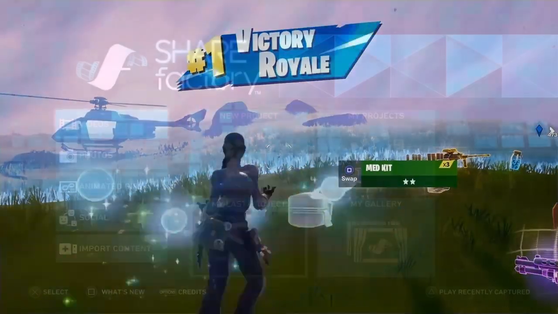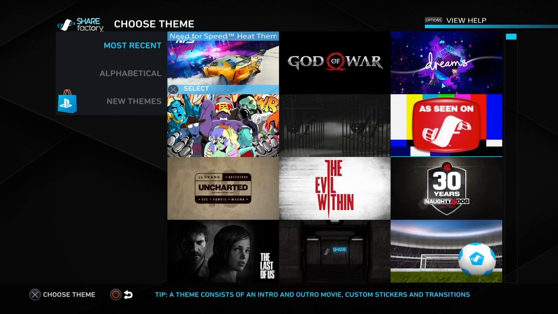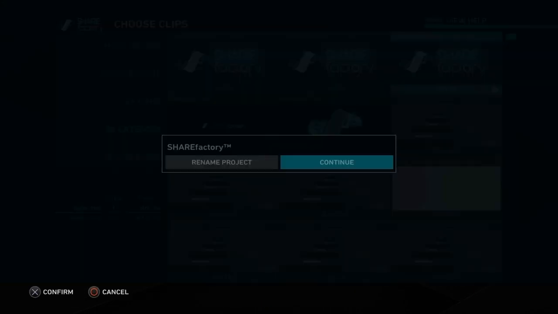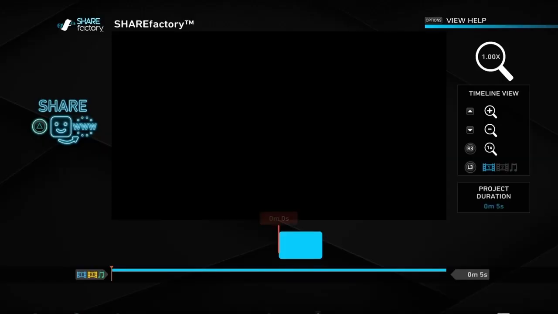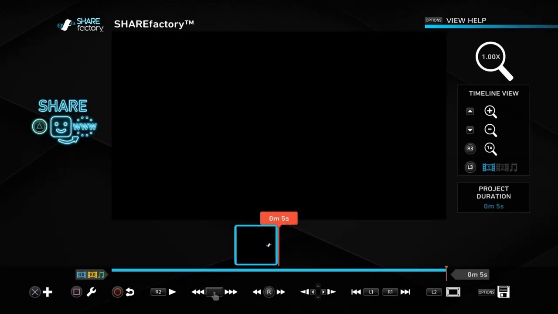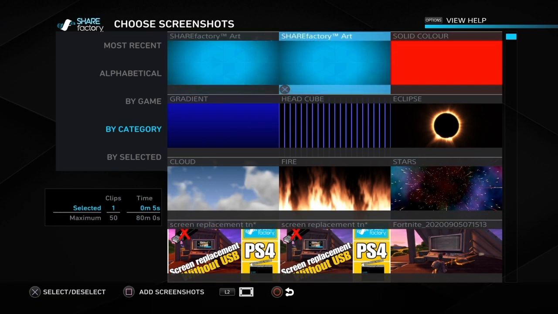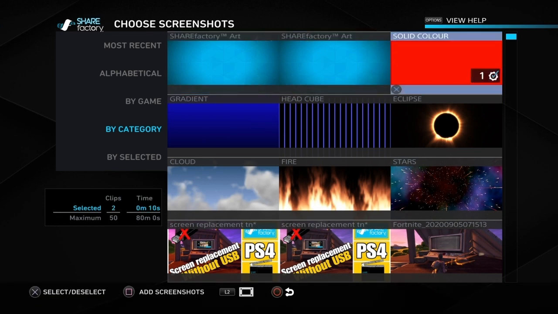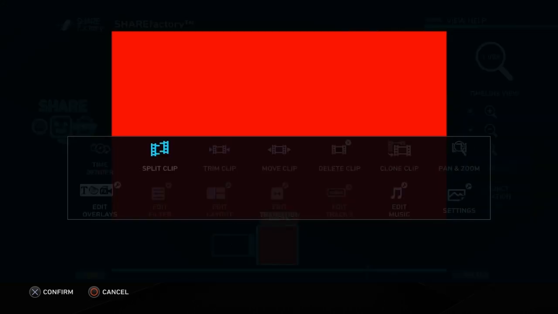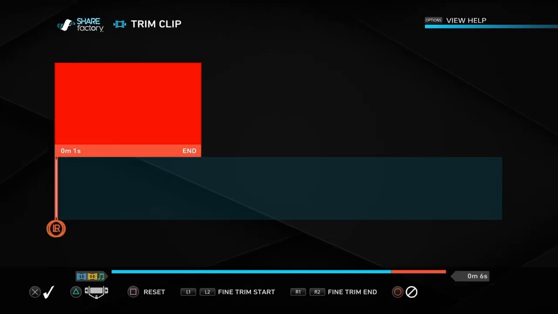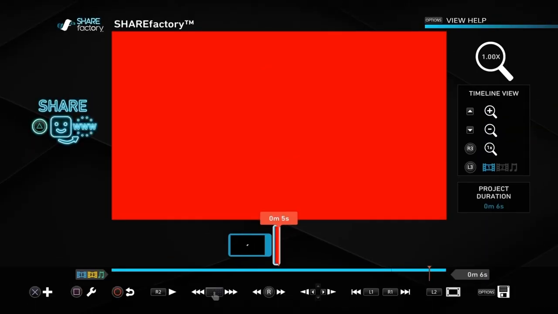Okay, no need for a USB, we're doing this all on Sharefactory, so go to New Project, choose your theme, get rid of all the ticks apart from one and push square and then continue. And then we want to go to cross and add screenshots, and then we go to solid color and then we push the square button, and we want to then push square and go to trim clip because we want to shorten this down as short as it will go, and push cross,